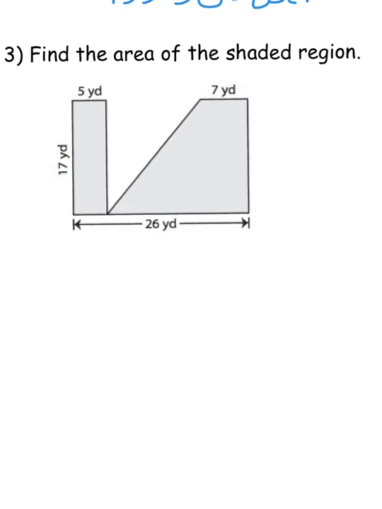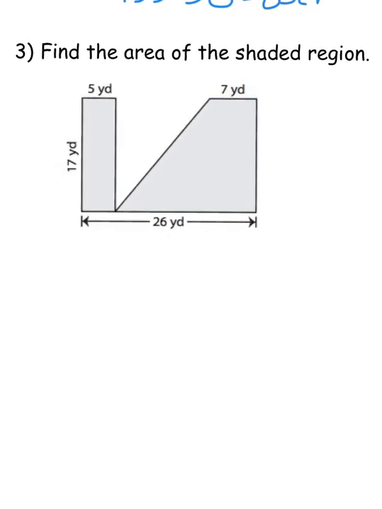All right, number 3. The way that I look at this, there's a couple ways you can look at it. One, you could see that it's just a rectangle and a trapezoid, and put those together. The thing for that is that here you'd have a 17 by 5 rectangle. So we would do 17 times 5,